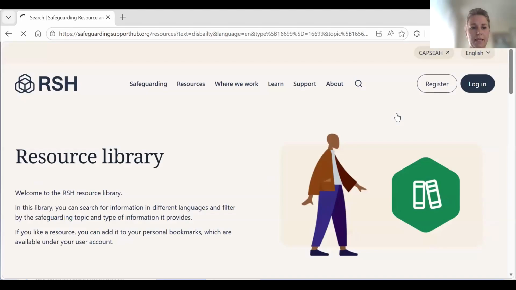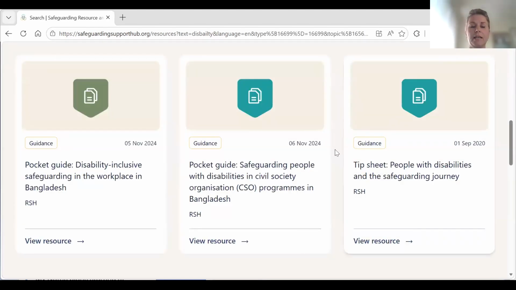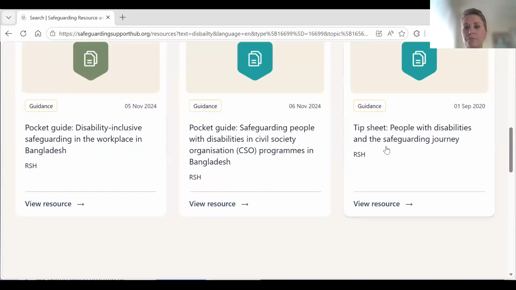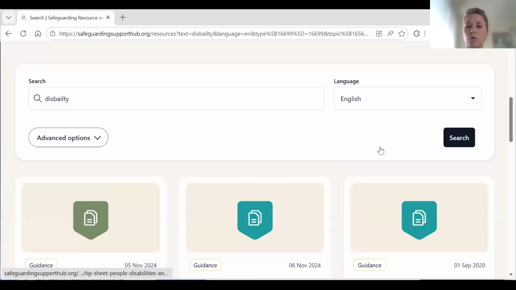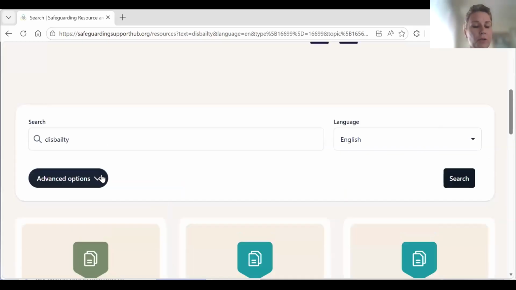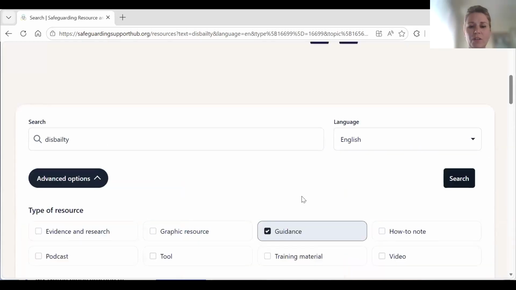Let's see what that will result in. And indeed, it will give me guidance notes, pocket guides to disability inclusive safeguarding in Bangladesh. So this is how you use the search function.